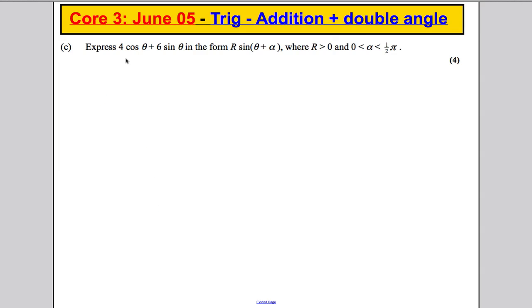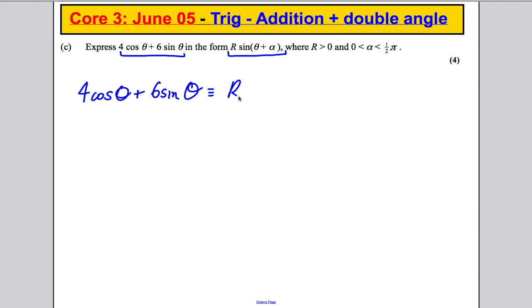Okay, part C, express the following in the form r sine theta plus alpha, where r is bigger than 0 and alpha is between 0 and half pi. These are the simple questions we've done previously. So 4 cos theta plus 6 sine theta, I know I'm going to express it in this form, which when I expand out is